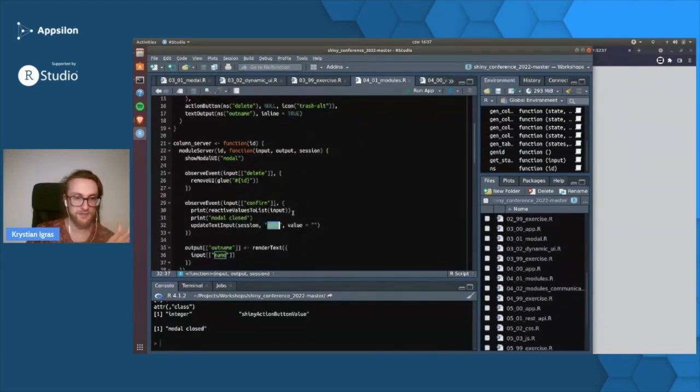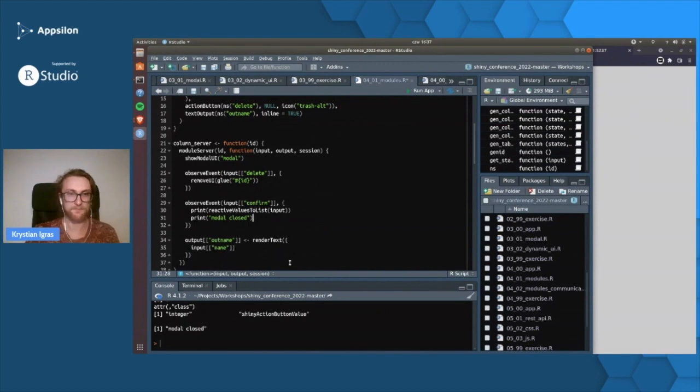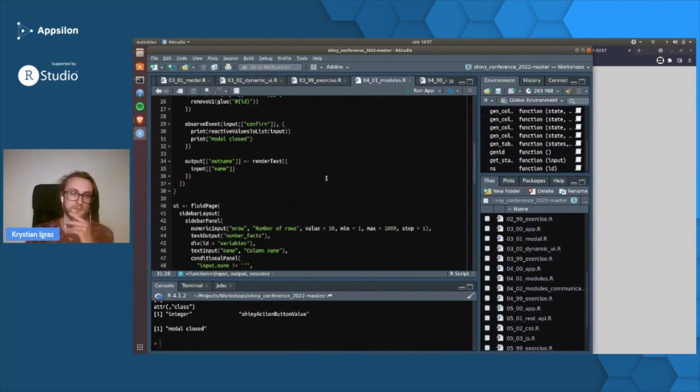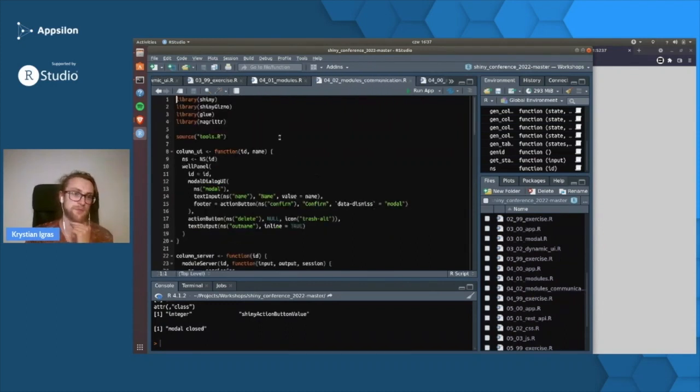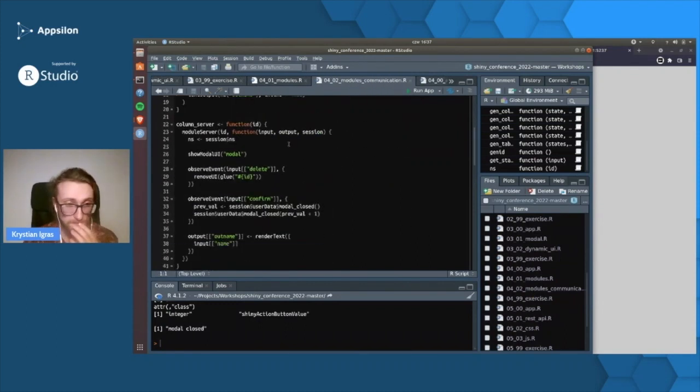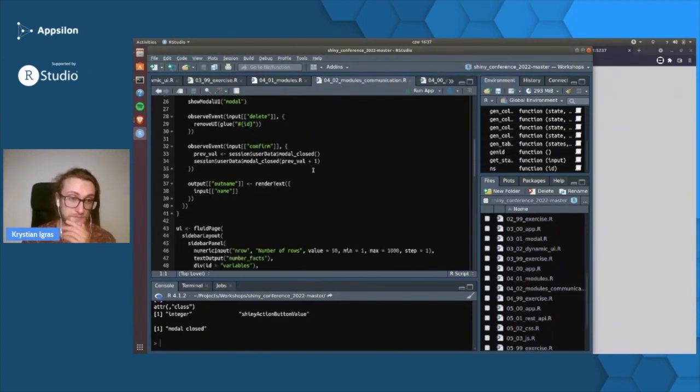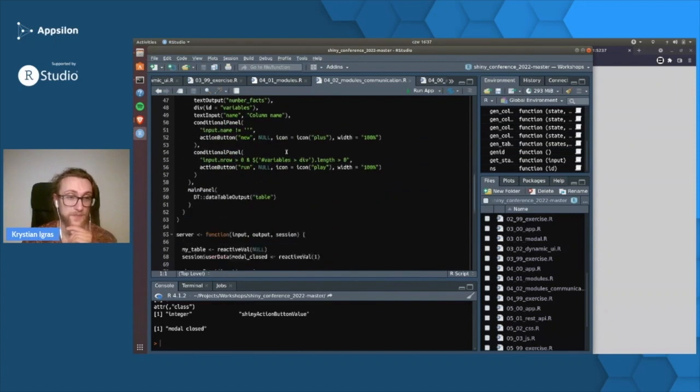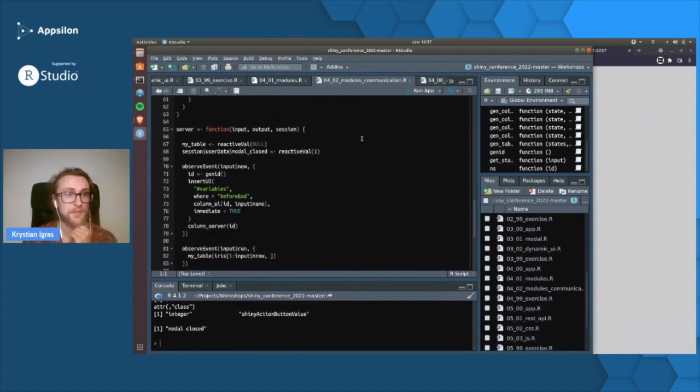So how can we actually go outside of this module and do some operations on the global name input? There are again a few approaches, but I will present to you the one that is the most straightforward and the easiest one. So let's open the next script, modules communication, and over here in the server we've got